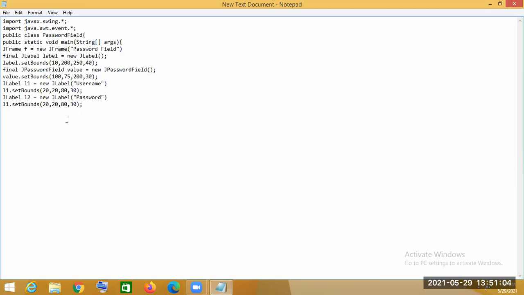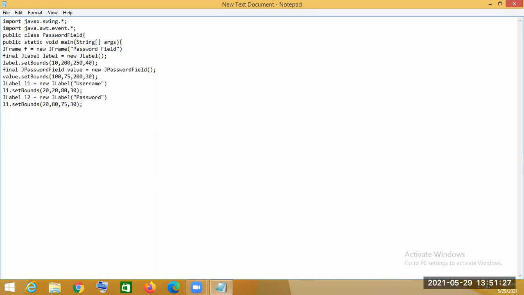And here I am changing some values, that it is 80 and it is 75, it is 30. So two labels have been created, one is username and another is password.